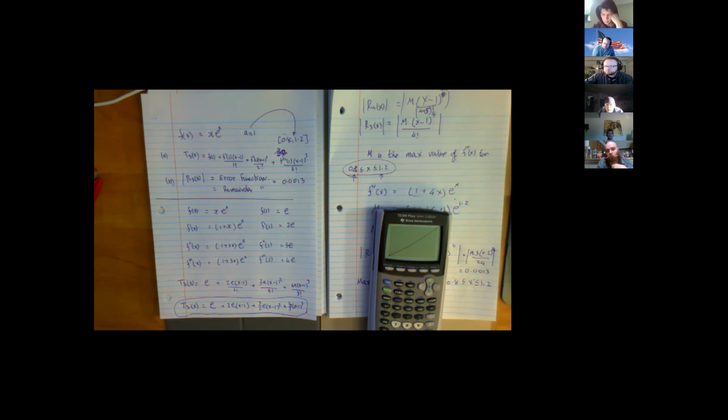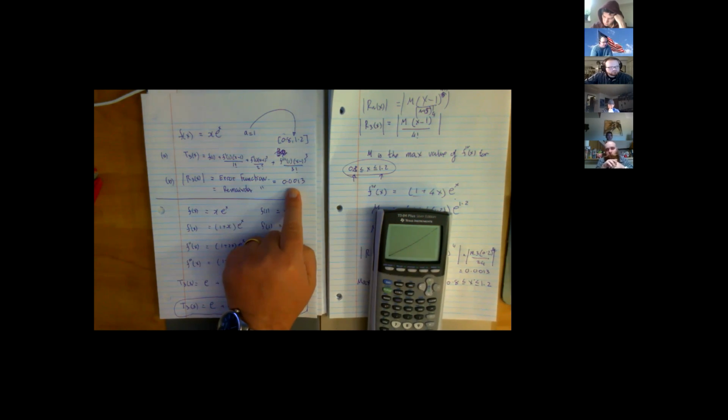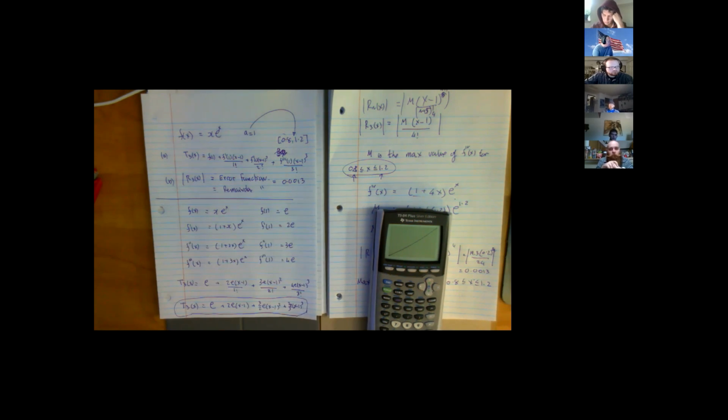Do you notice that there's no difference? There might be a little touch at the beginning there where it's a little bit thicker. Is that a good justification that this method is very good at approximating X e to the X, at least within that range? Can you see why the error is so small? No matter what value of X I choose from here to here, could you imagine that none of them are more than 0.0013 away from the exact value?